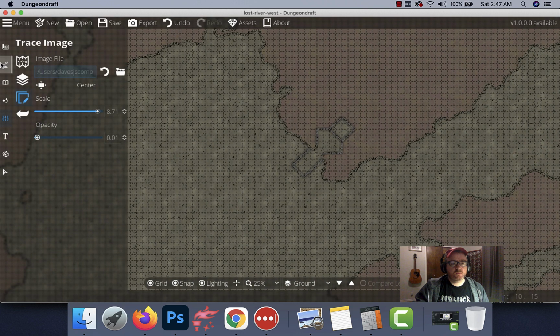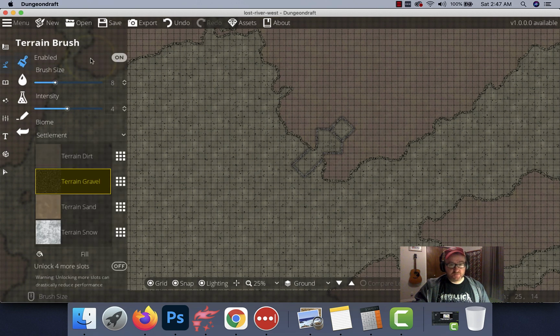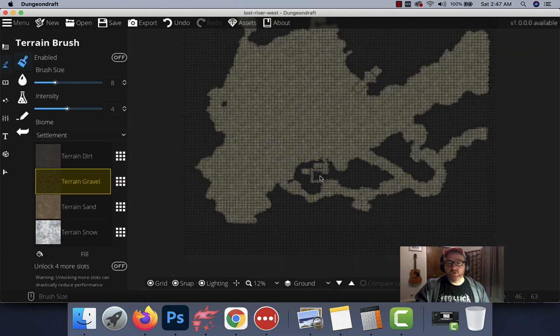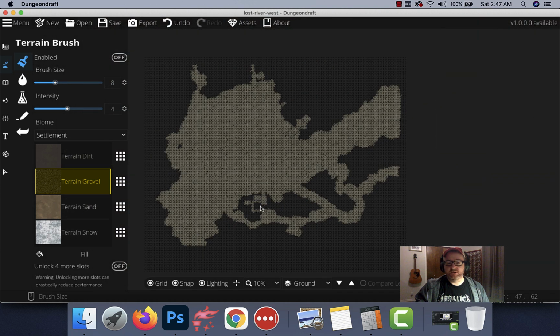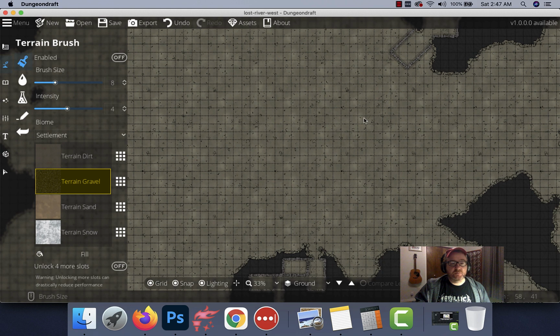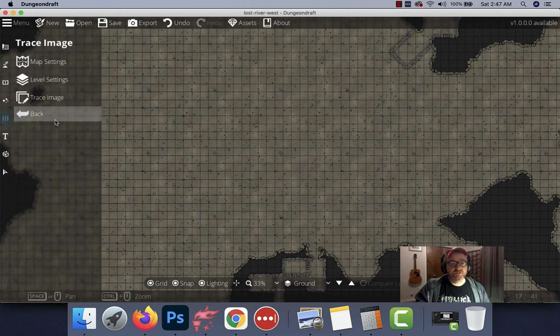Let's go to our terrain brush and turn that off so we can get a nice contrasted view of what this is going to look like. This is really impressive. I think it's going to be really cool. So when the characters end up going down through these southern passages, they're really going to be in for a treat. Of course, right now it looks kind of boring because we don't have any of the features